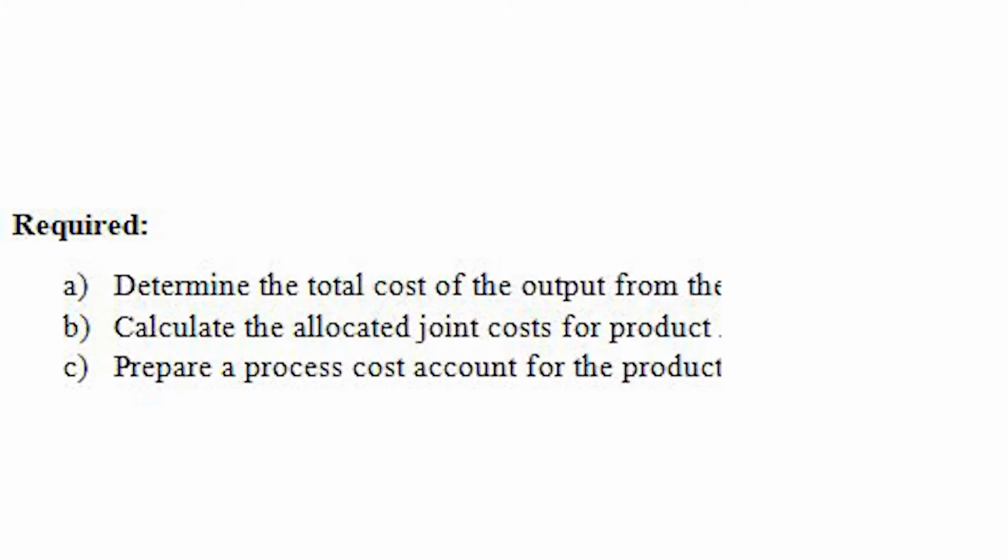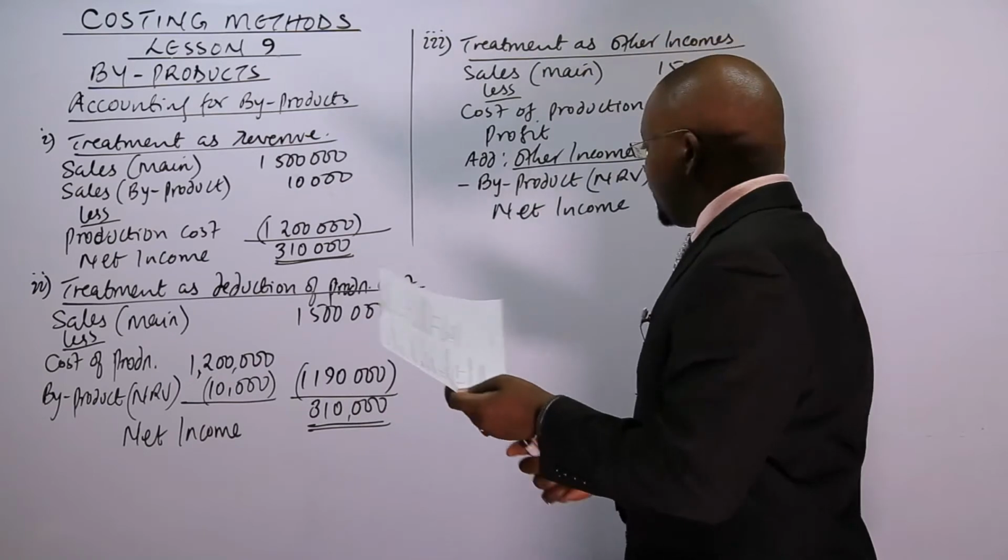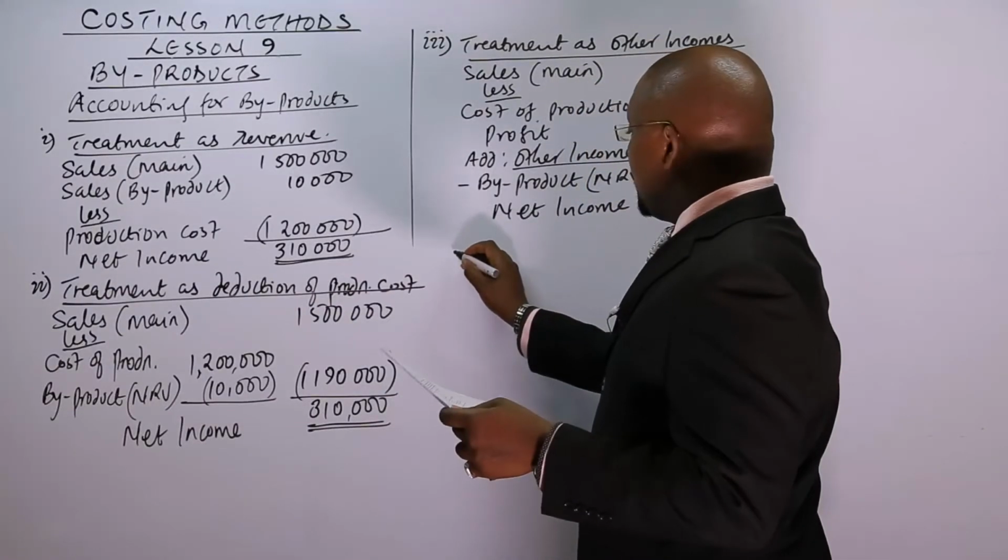Now, the first thing to do, as we are asked in Roman 1, determine the total cost of the output from the production process. We require to use this treatment. We take the total cost of production and we subtract the NRV of the byproduct, so that now we can have that cost, so that we can come and allocate it in Roman 2. So we'll be having this kind of solution. So we have in Roman 1,